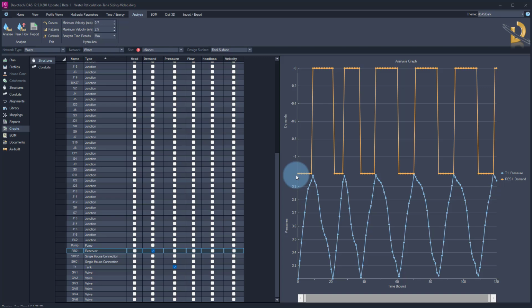And you can see here at that time 0, I'm taking water from the reservoir. The amount of water is minus 1.1. And that's what I'm drawing from the reservoir. And then when I reach this elevation, it stops. There's no demand. And again, and here I can see, for example, at some situations, it might be running for